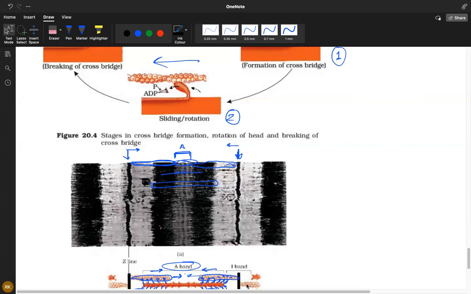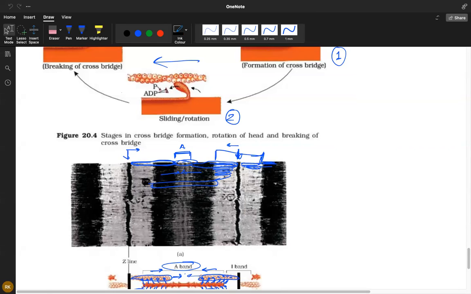So in a contracted muscle, you will not see this I band. After the Z line, this whole area will be darker, because here also the I band is being pulled and this darker region will extend like it is extending here. Do you understand,